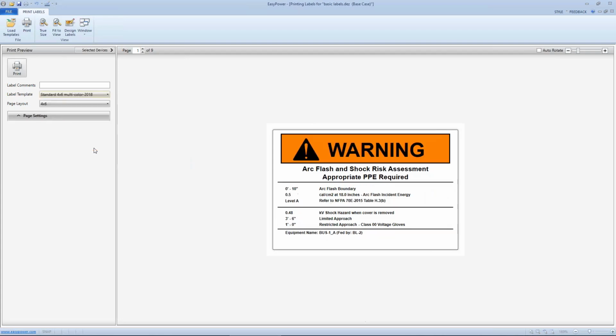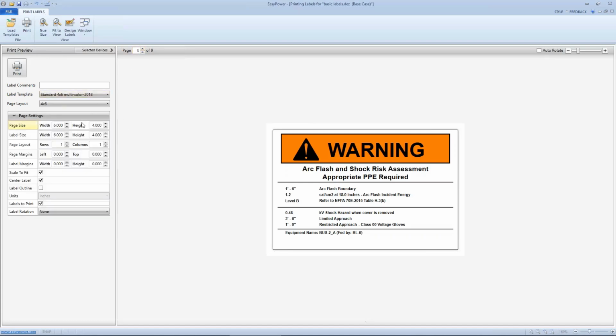modify how it's going to be displayed on the print layout. So right now we have a single 4x6 display, and if I wanted to, we could print this out to a PDF file, and each of my 9 buses would have a separate label image. If I wanted to print on my own printer and I wanted to set up with multiple rows and columns, I could do that as well. And we could set up, let's say, 2 columns and 3 rows. And if we show that particular layout,